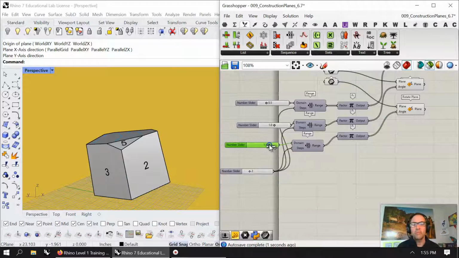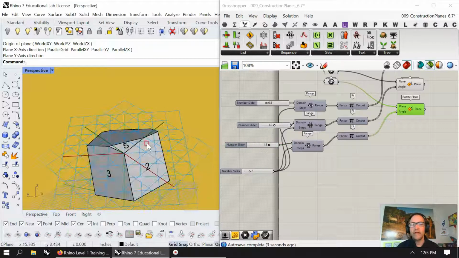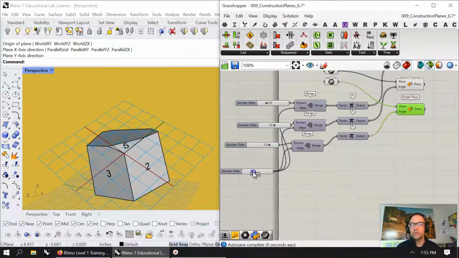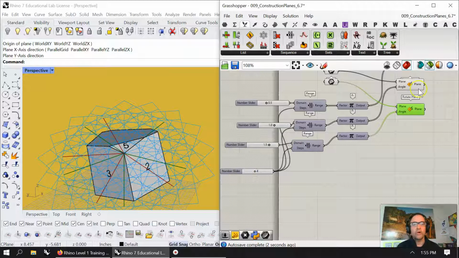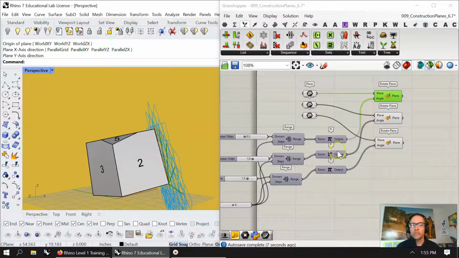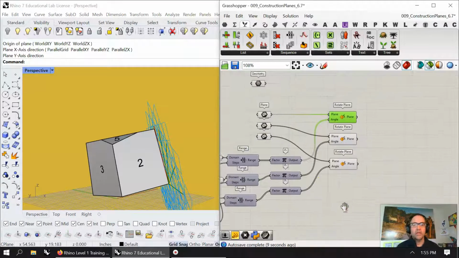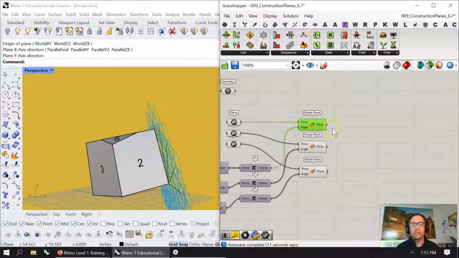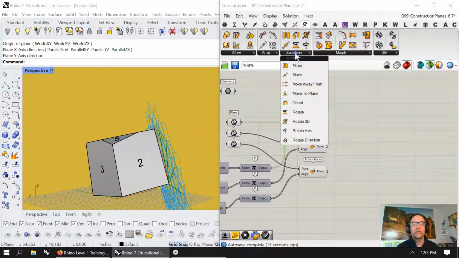Let's do 1.5, and then you can see the rotation of that. 2 planes. If we do 3, you'll get it equals out. There's 4 comes up nicely there, 2 comes up there, and 4 comes up there. So I'm going to take the objects themselves and throw them through that rotation. And let's see if we cannot do a transformation of rotate